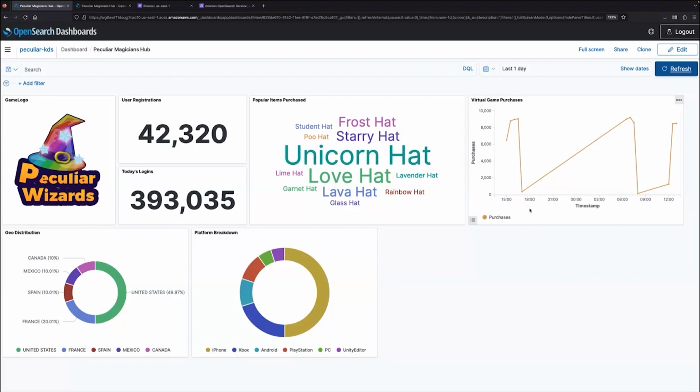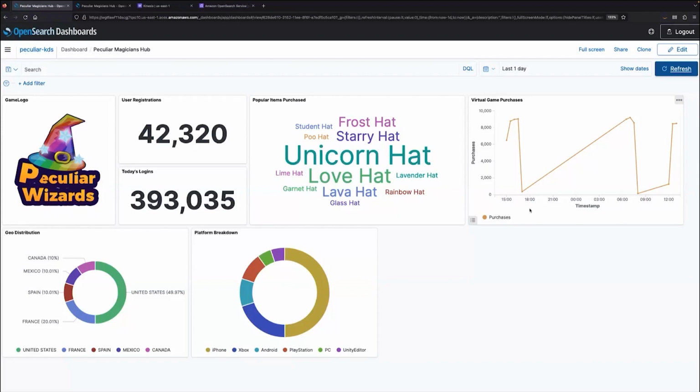So, I mean, I probably have a couple tens of millions of records behind this for the past 2 days because I'm generating quite a bit of data, and we can see all of this information displayed here as well.